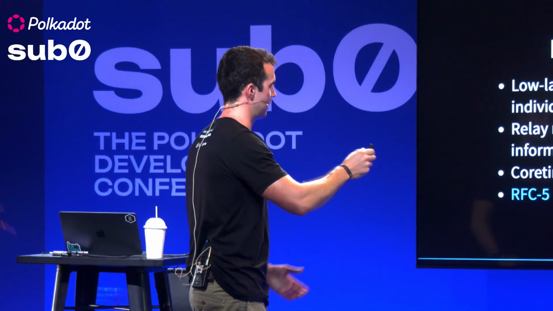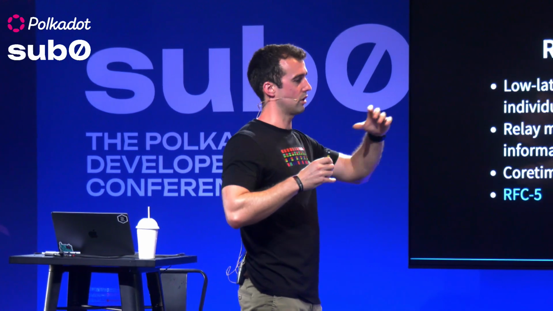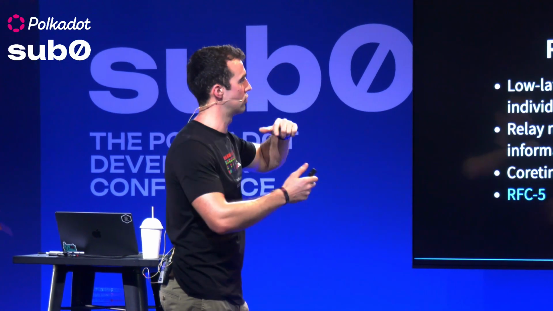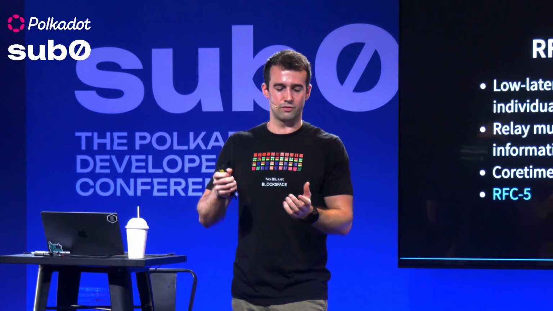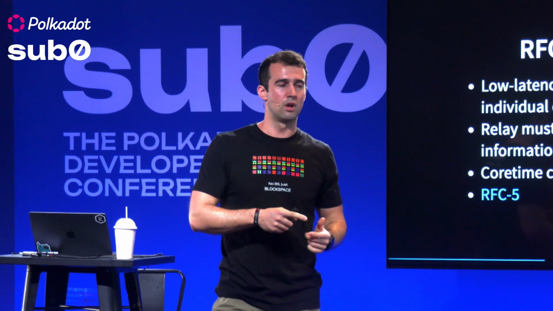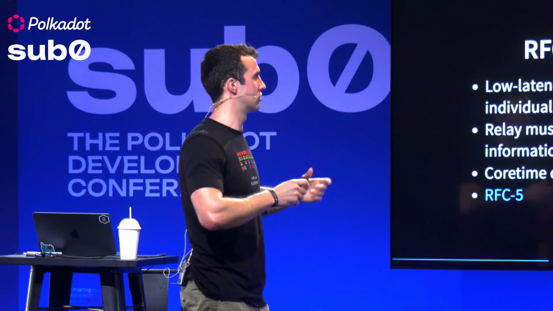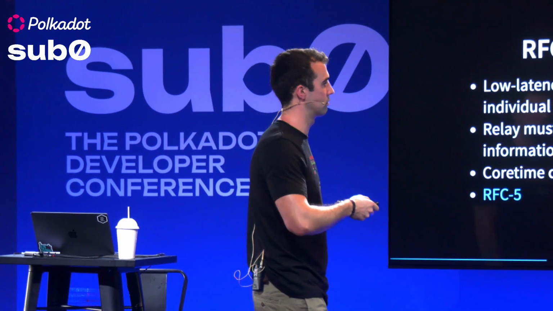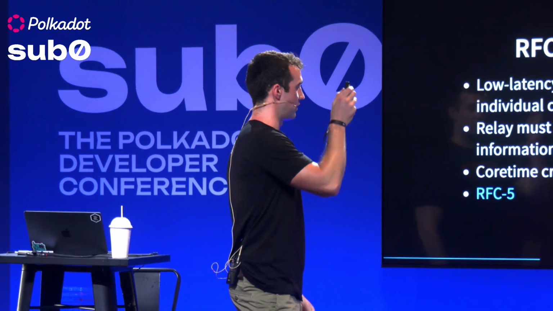So that's for the Coretime chain talking to the relay chain, and in the backwards direction, the relay must keep the Coretime chain updated at all times. So this is for things like on-demand revenue and usage of different cores. There are a few other things. And then the last part